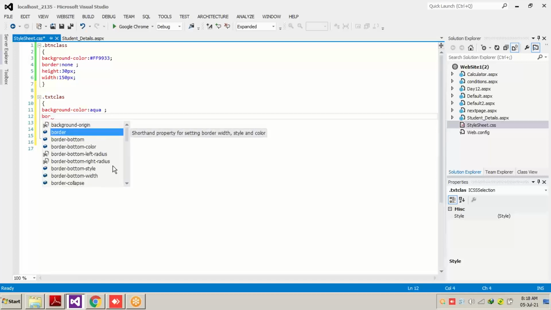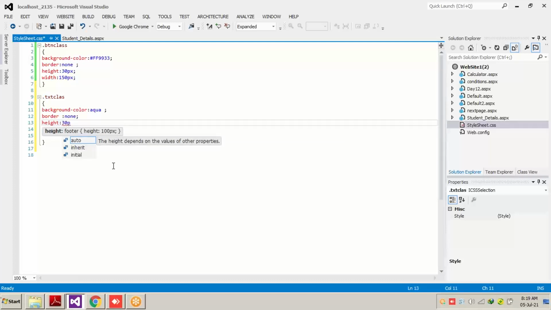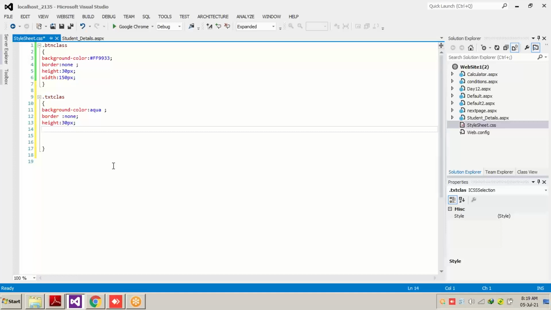Border, I will be using none. And height and width, you want to know what they should be: the height should be 30 px, and the width should be 100 px.